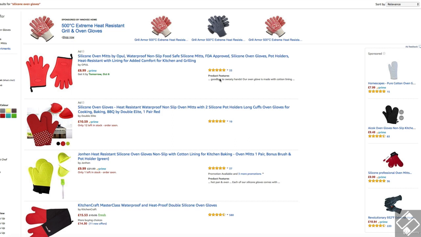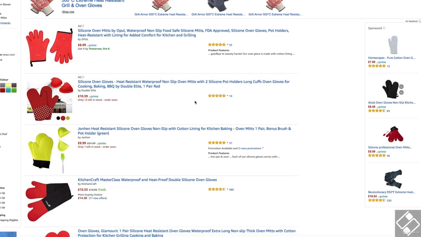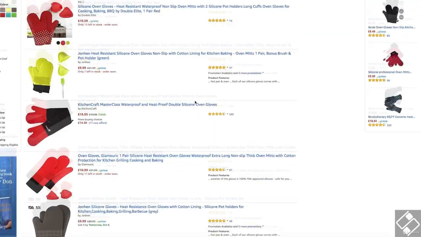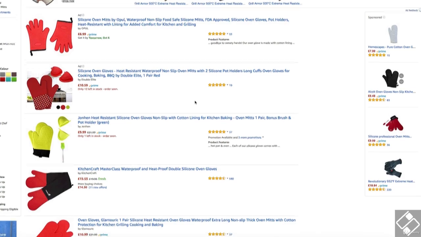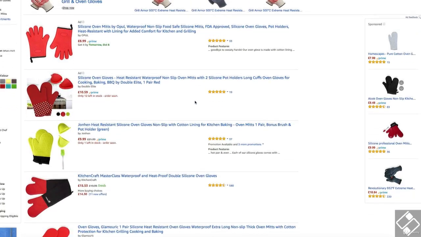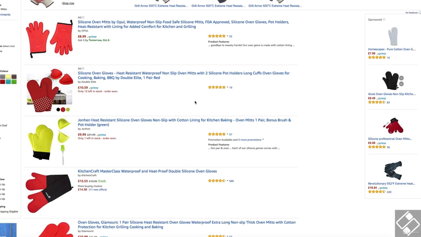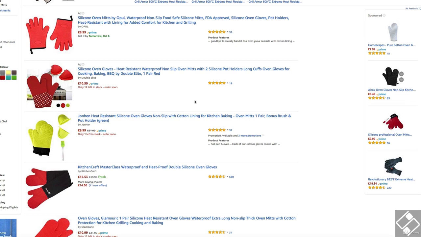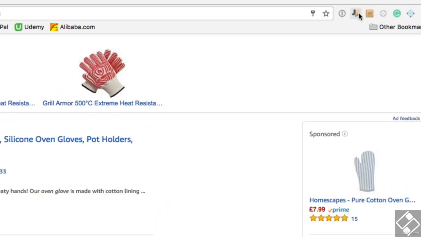So we are here on Amazon and I have typed into the search silicone oven gloves. I've got the top results up here for silicone oven gloves. This is on amazon.co.uk, and I'm going to run the Chrome extension and let it scrape all the results and all the figures and metrics for this front page of silicone oven gloves. So if I click the Chrome extension icon up the top here,